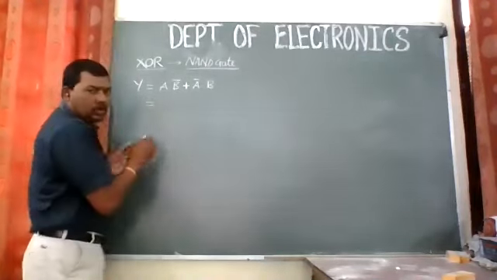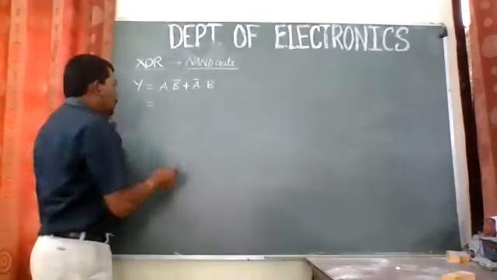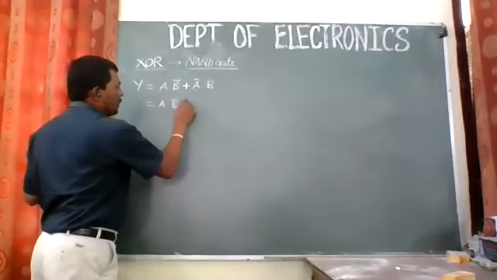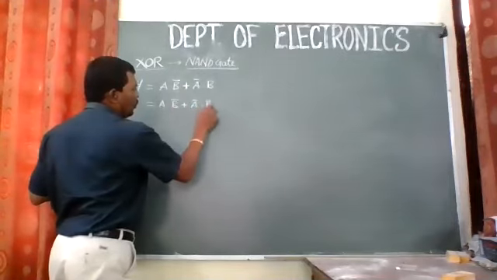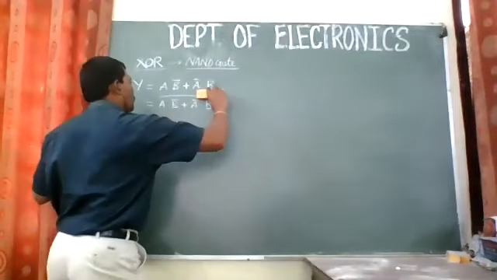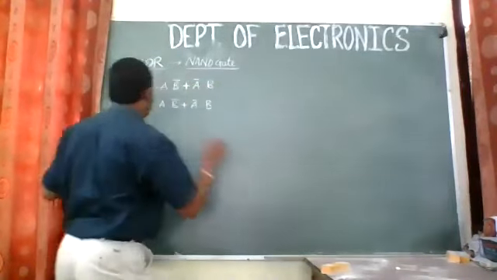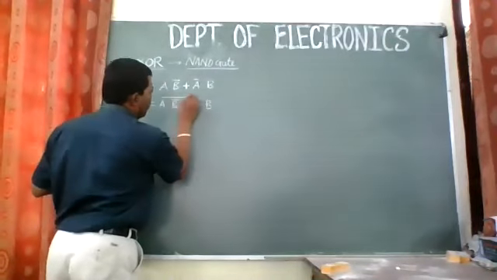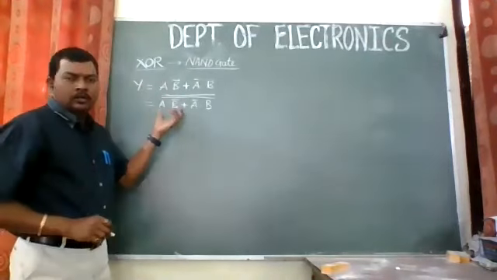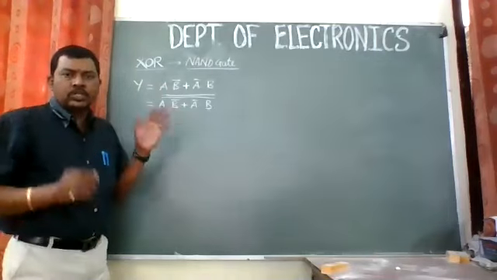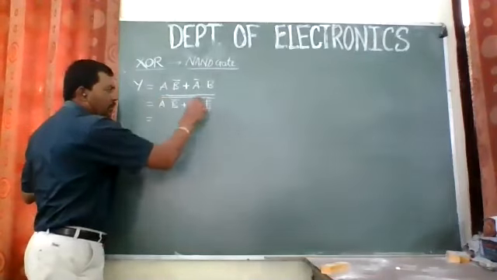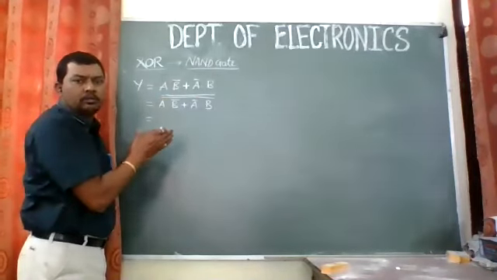For that, we will be using the law of inversion and De Morgan's theorem. I will be putting the sixth Boolean law, that is the law of inversion. So I will be putting two bars over there, two complements which cancel out each other, and you'll get the same equation. So I put two bars over there so that the result of this equation remains the same. The lower complement can be reduced by using De Morgan's theorem.